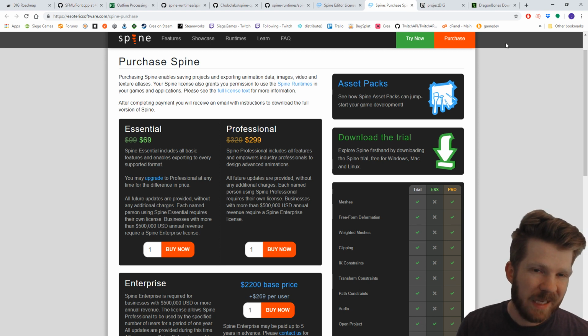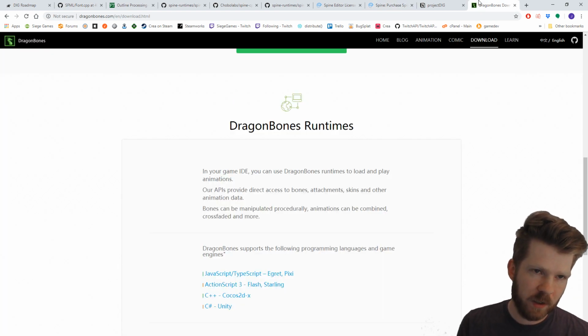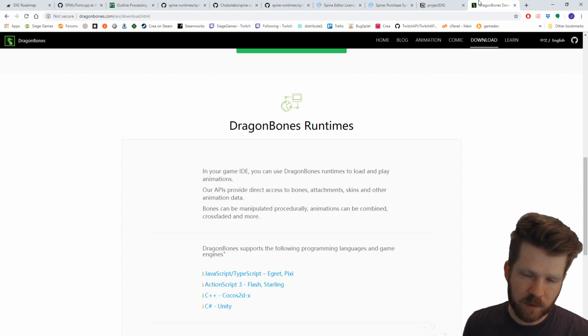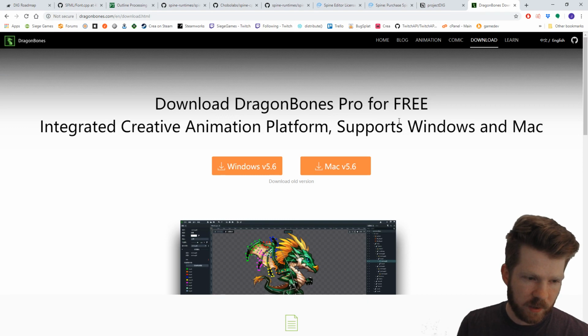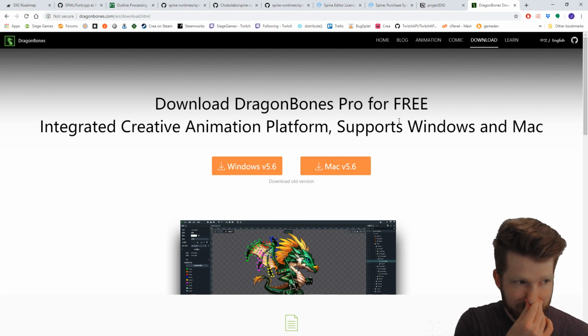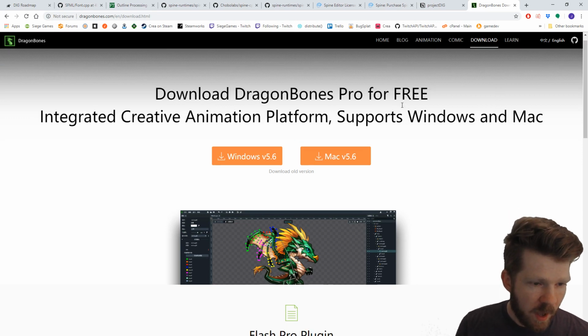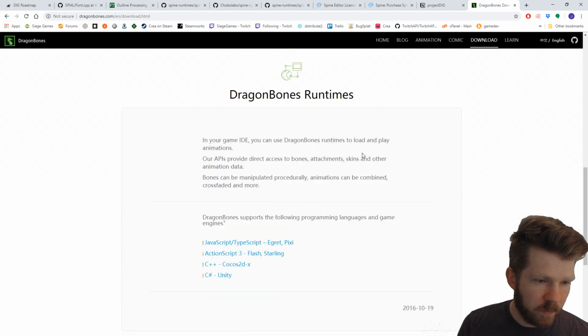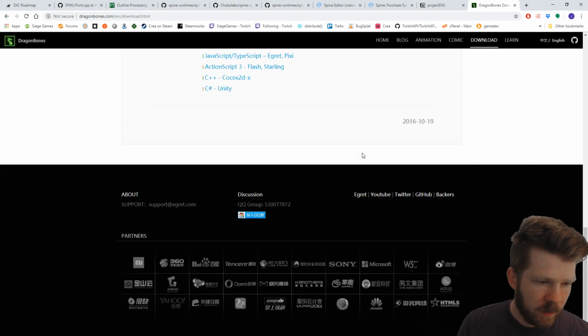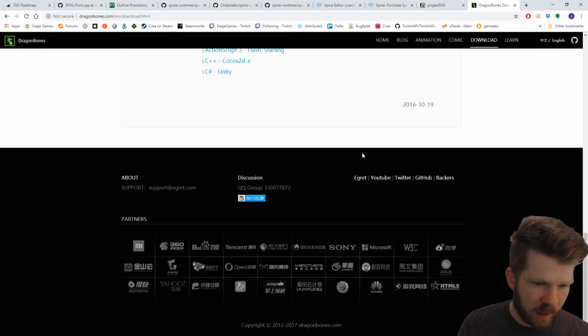The overhead of learning Dragon Bones, if you already know Spine, is probably not that large, but I'd like to cut that down as much as possible. So I think I'd rather use Spine. If you look at it, this is obviously a Chinese